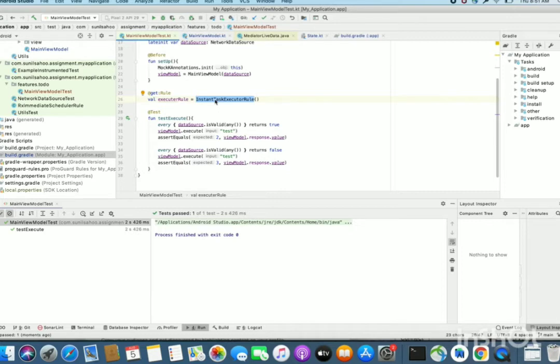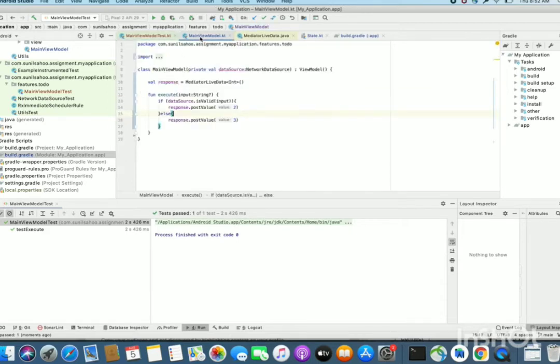Now, is there any other way without using the task executor rule? Can we verify this live data functionality? Yes, we can, but for that we need to use a function method everywhere instead of directly using the variable here.